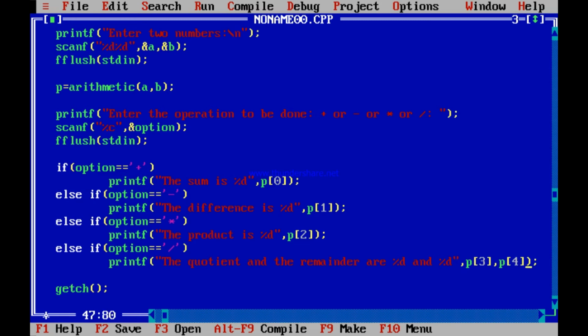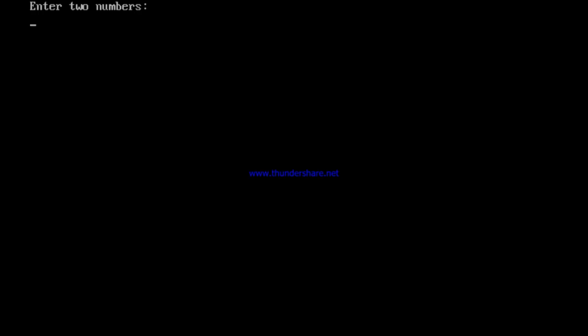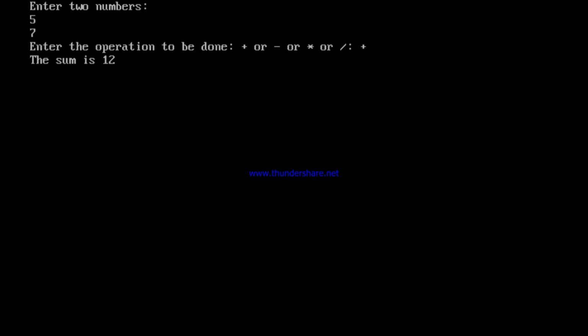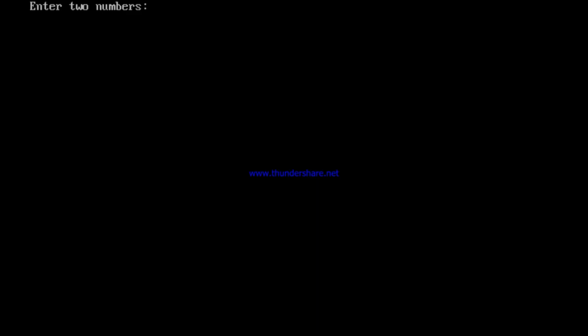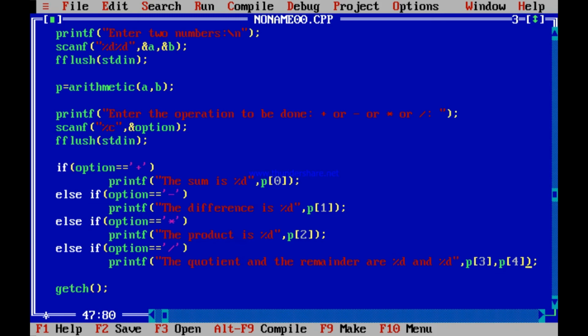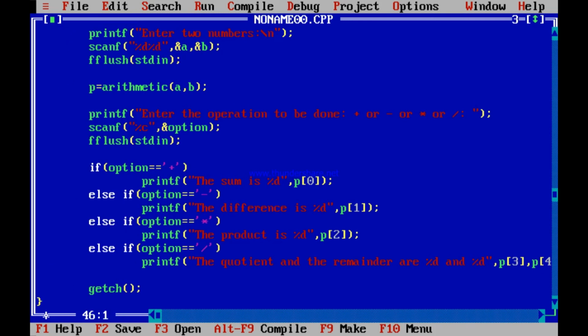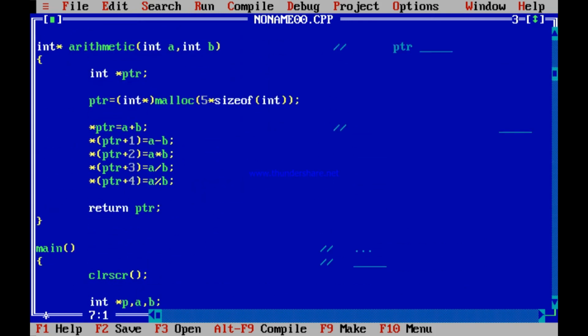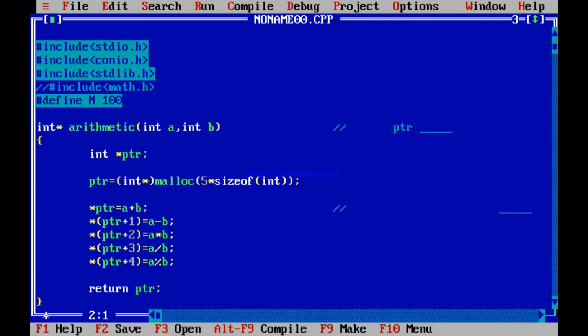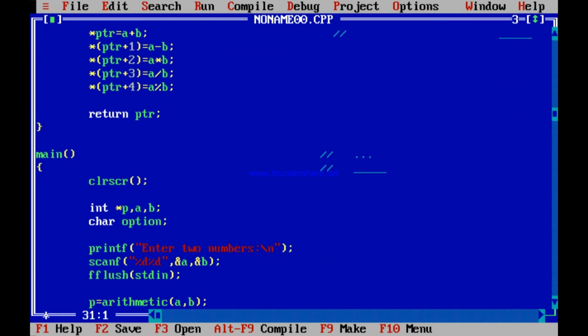So if you run this program now, it will still work. You can check once more. See, 5 and 7. You enter plus, 12. You enter 5 and 7 with multiplication, yes, 35. So these things will work fine. Now I ask you one simple thing, one last thing to end. So this program you have understood. There is no variation of this program. You can easily do it. But I ask you one last thing.